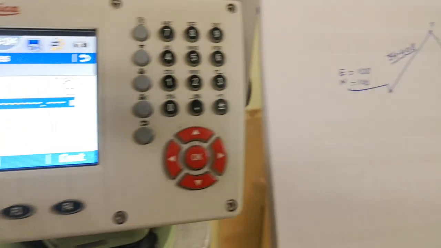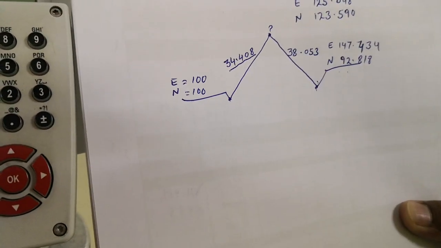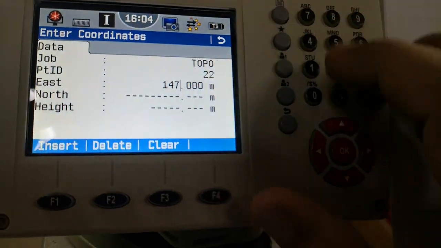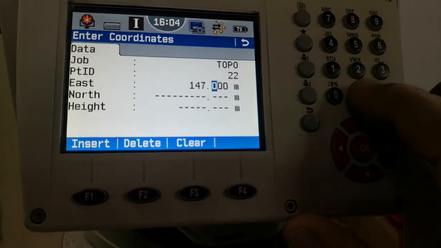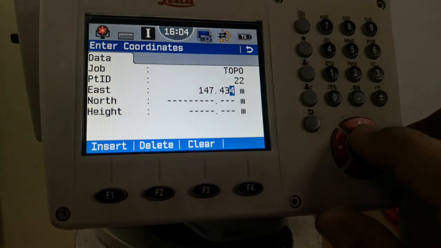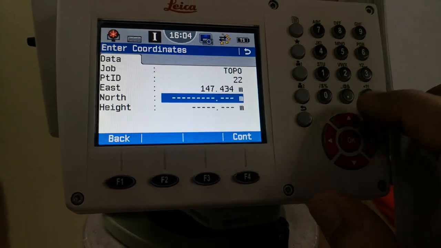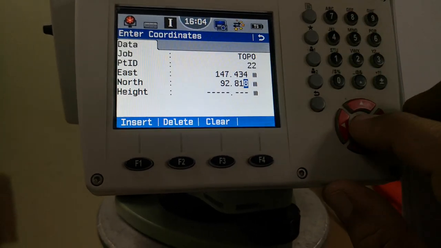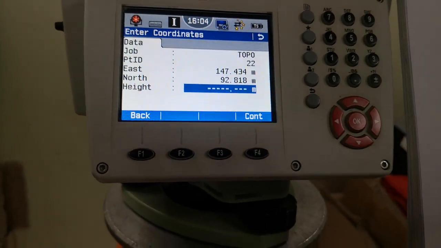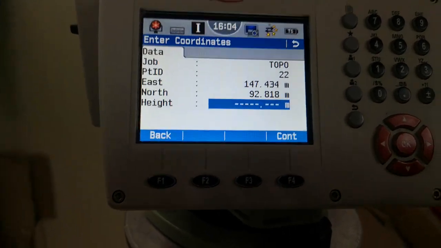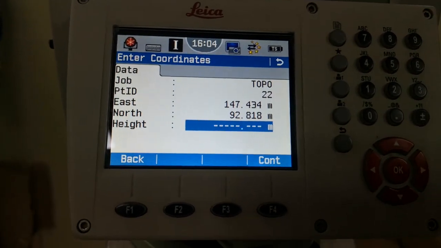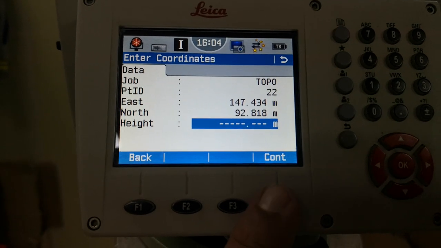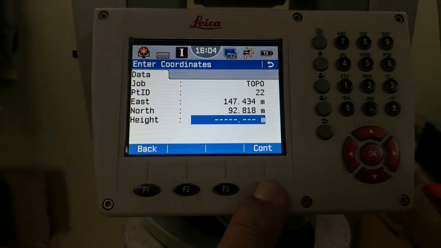As you can see, I wrote on the paper, the east value is 147.434. I'll press OK for the northing, and the northing value is 92.818. I'll press OK. If you have any height you can add it, but in my case, because I'm working with the horizontal distance only, I did not add any height, so I simply press F4 to continue.